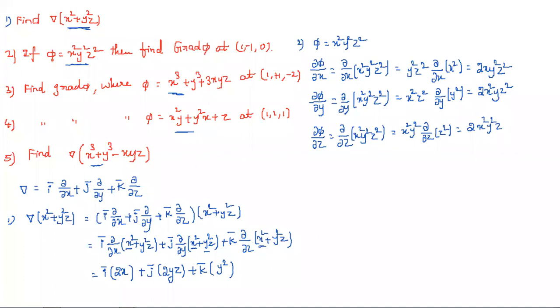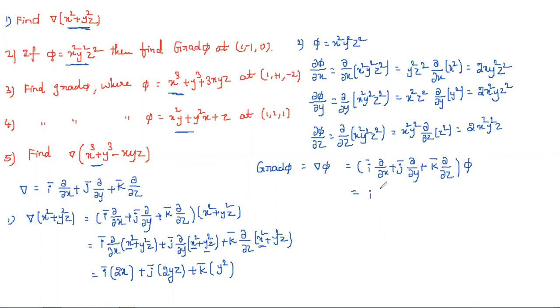Now you can go for grad phi. Simply we can write grad phi is equal to, this is in word notation, and in symbolic notation it is del phi. Del is nothing but what we already know: i into dou by dou x plus j bar. In some problems they never mention j bar; they give capital J in place of j bar, which represents a vector obviously. Keep that in mind.